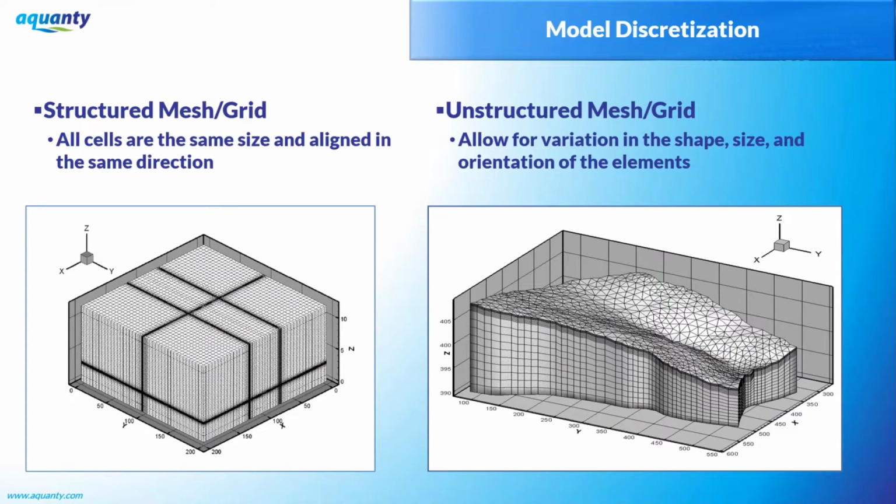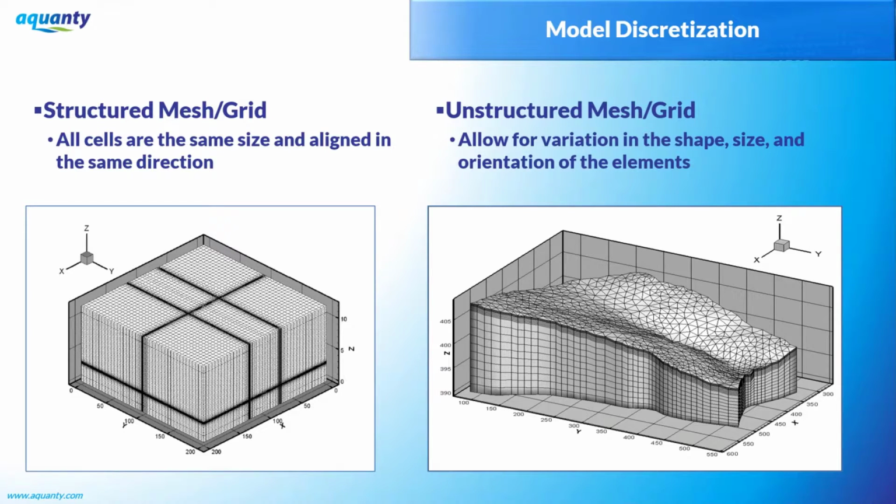So just here, when we're talking about meshes and grids, there are two main overarching types that all grids would fall into. That is either a structured mesh, where all cells are the same size, at least within a row or column, and are aligned in the same direction. Any cell in a structured grid could essentially be identified by its IJK index if we were to assign that,